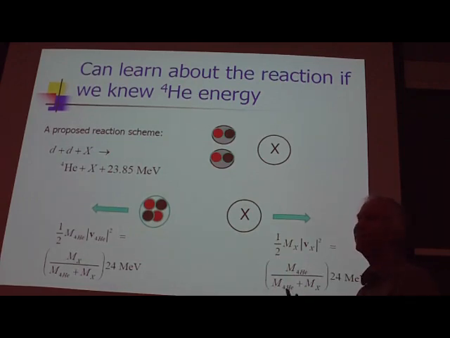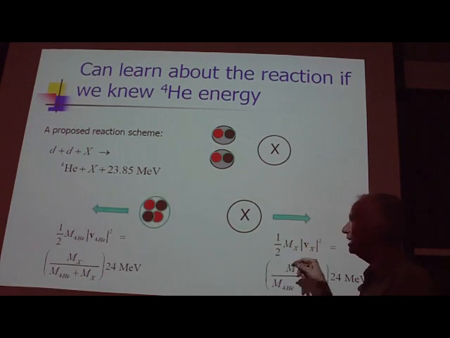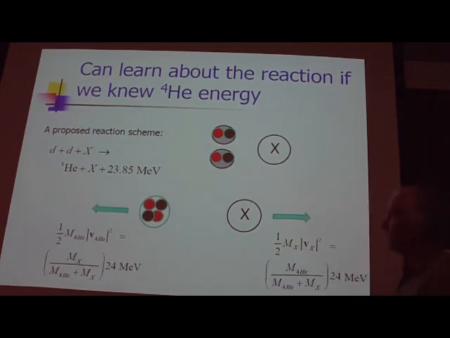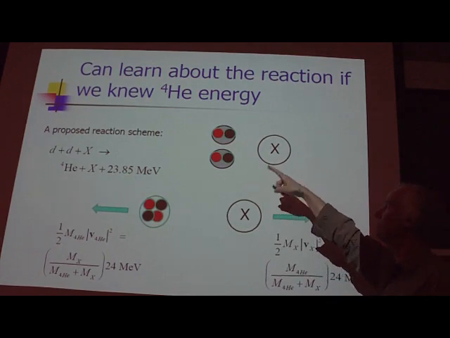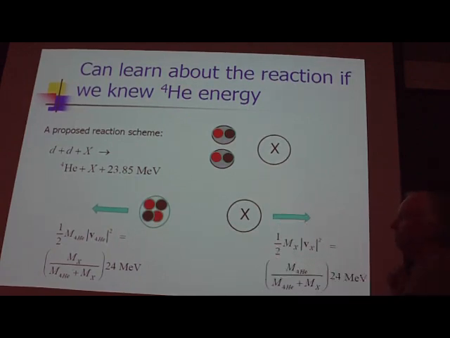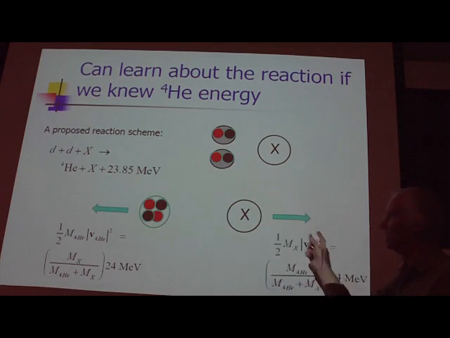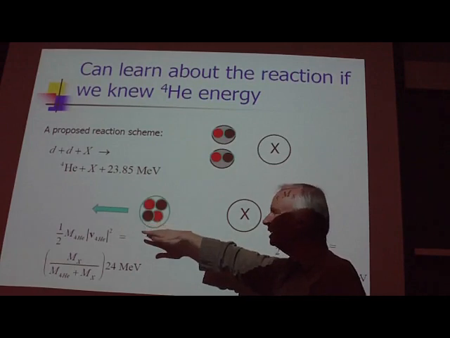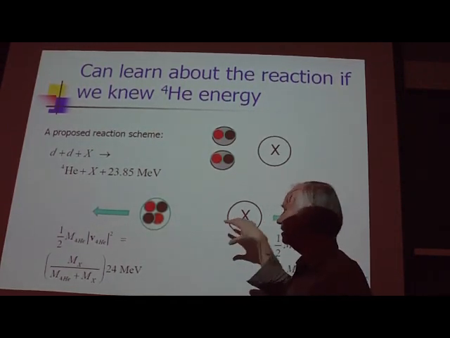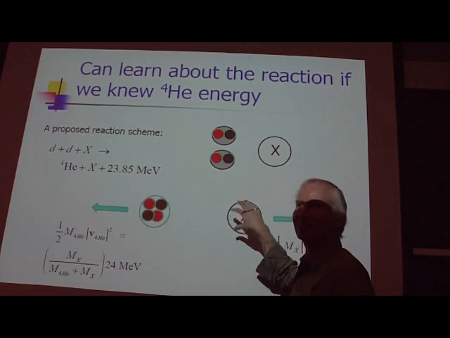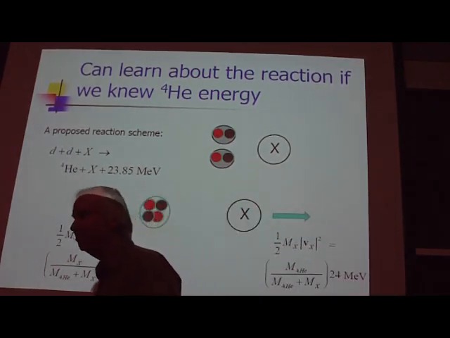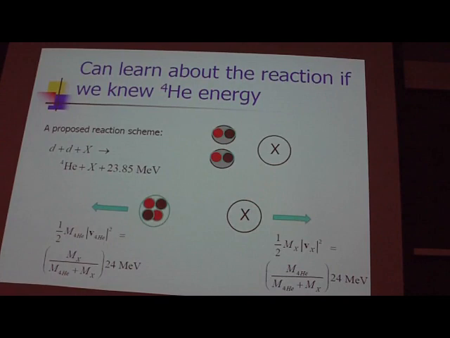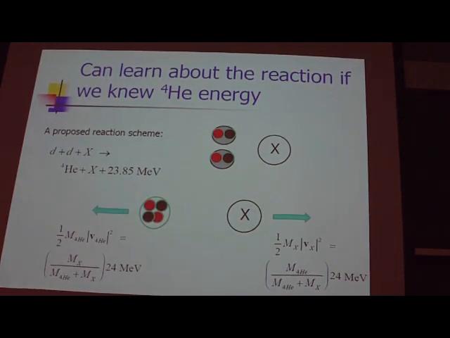Anyway, we're going to have to look at some experimental data before we can figure out what we're pushing off against. However, the same basic idea works. Namely, you've got some bodies coming together, you've got some bodies pushing apart, and the energy of the final state products is going to be divvied up non-relativistically according to the inverse mass. So the idea is that if we can measure the energy of this one, that's going to tell us what this one was. And if we know what this one was, then we're going to be in much better shape trying to sort out what the reaction is, what's going on.